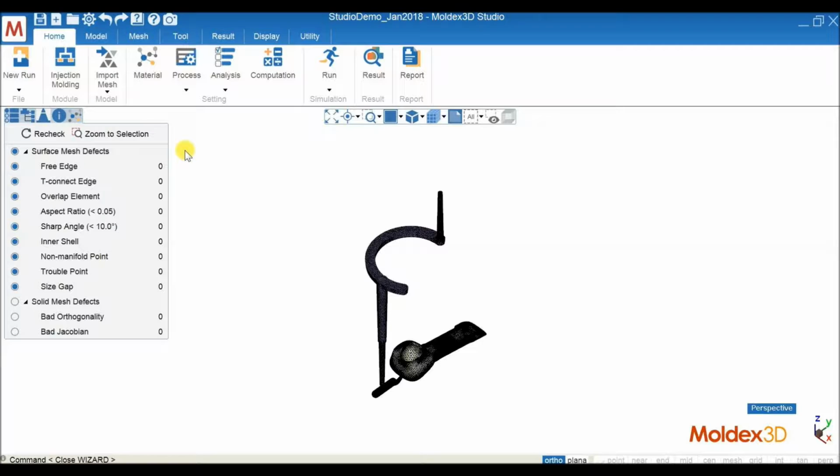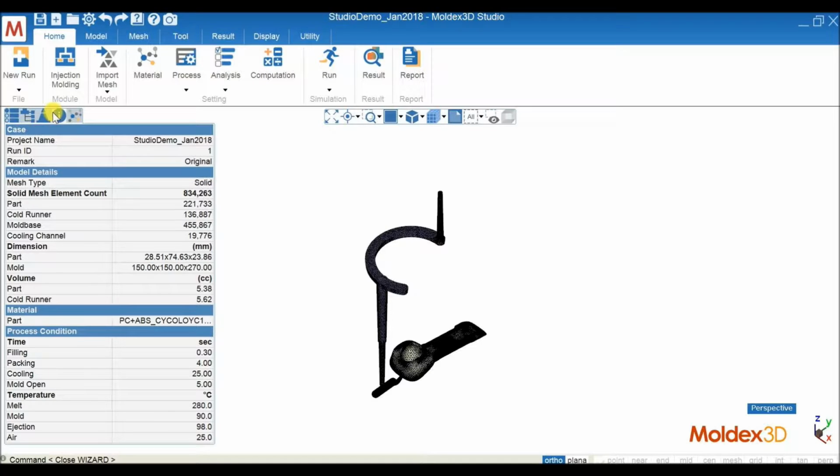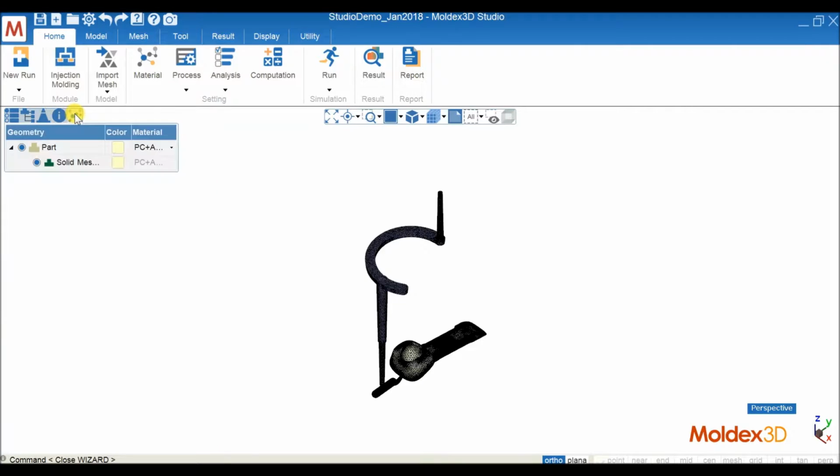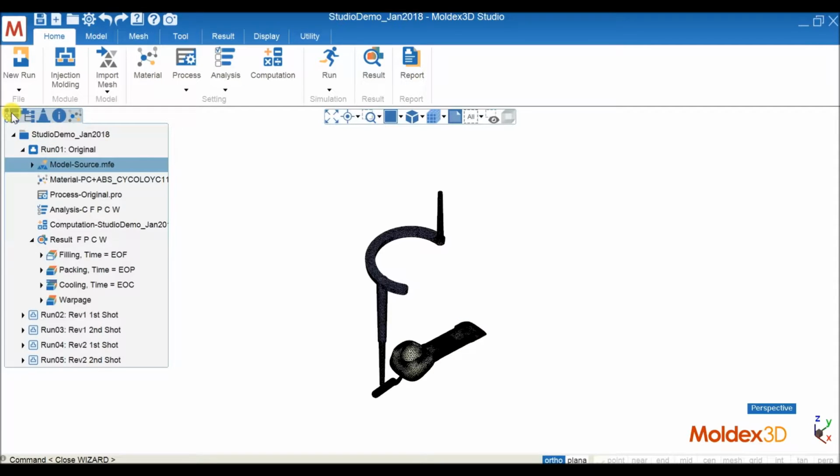And then we also have the defect tree. So we can see the surface mesh defects or the solid mesh defects remaining for the mesh. And besides the defect tree, we also have a run information list. So this is the new thing in Studio. We have the run information list, so users can check again the model details, the material, or the process condition. And the last in the model tree, we have a geometry and also the material which belongs to it. So yeah, this is the interface for this